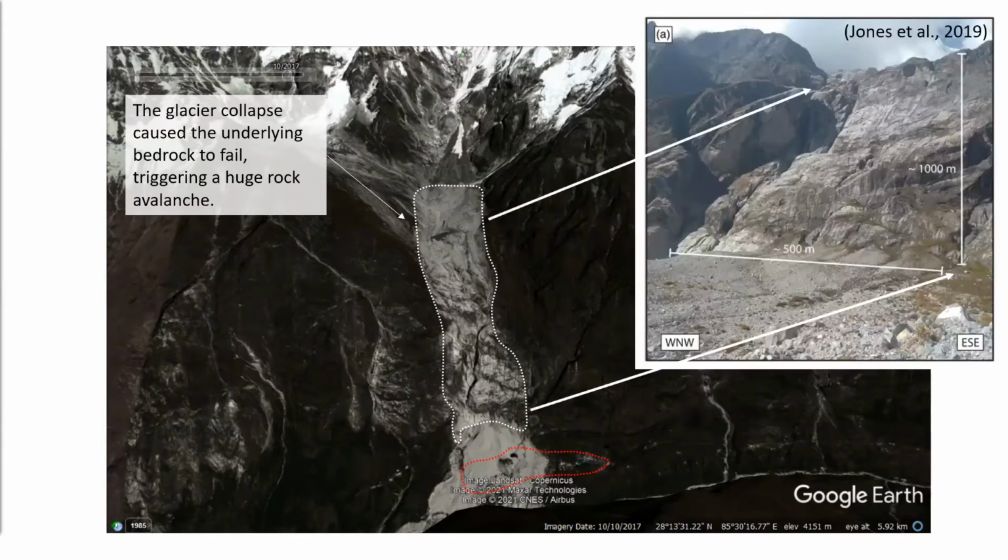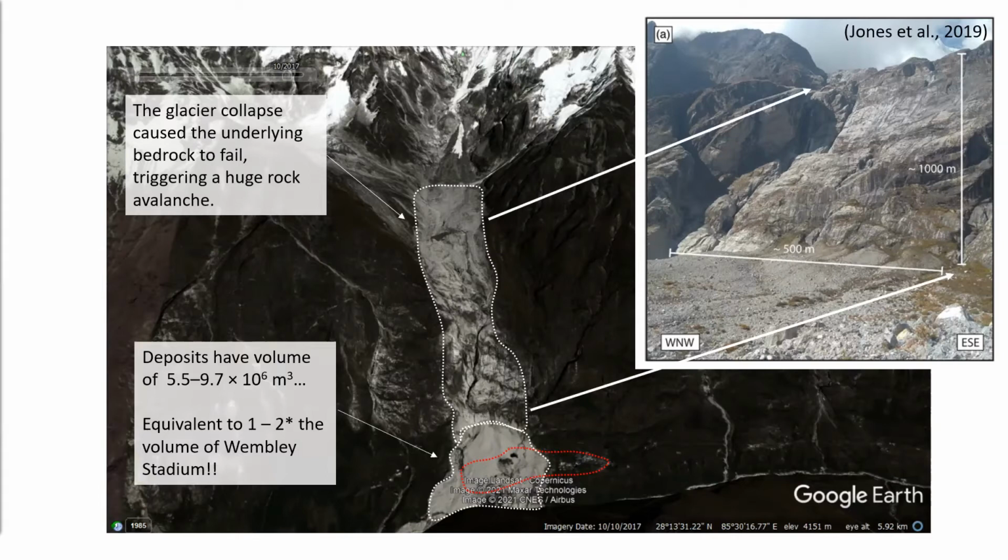Now, this photo shows you a kind of ground-eye view of this part of the slope. This is a photo I took back in 2018. And this hopefully gives you some idea of how big the source zone, so where the material originated, of this event is. It's absolutely massive, way over 1 kilometer tall, half a kilometer wide, and a good 200 meters thick of rock that collapsed in this event. And we can also see, I've highlighted here, the deposition zone of this event, so where this material ended up. And sadly, you can see that much of that deposition zone has completely covered Langtang town.